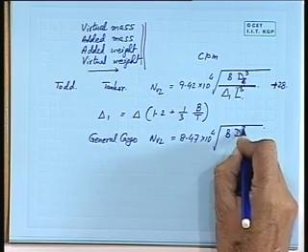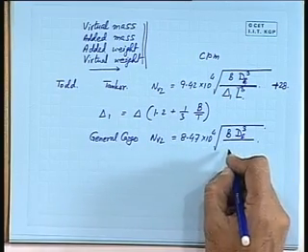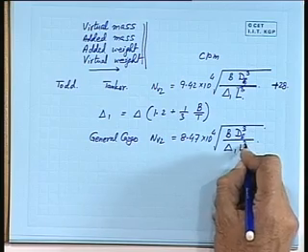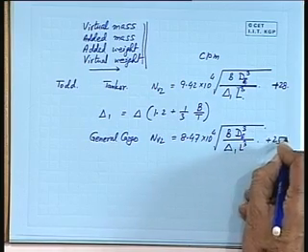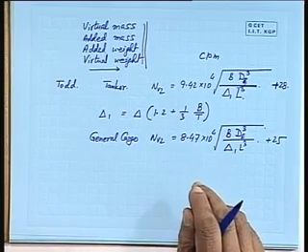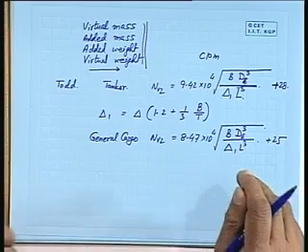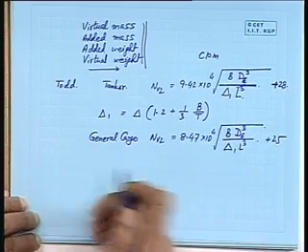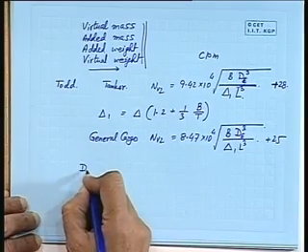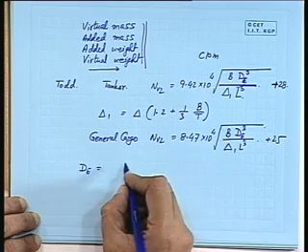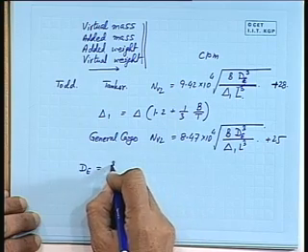BDE cube divided by delta 1 L cube plus 25. Again he defines this, which is there in the rule also, as the cube root of